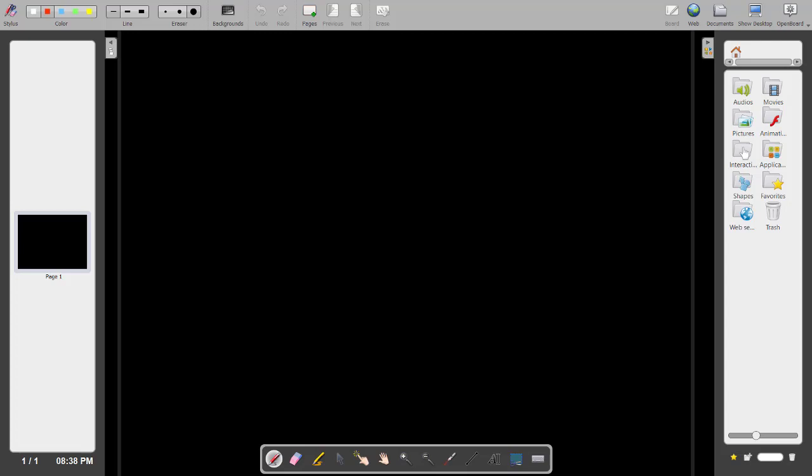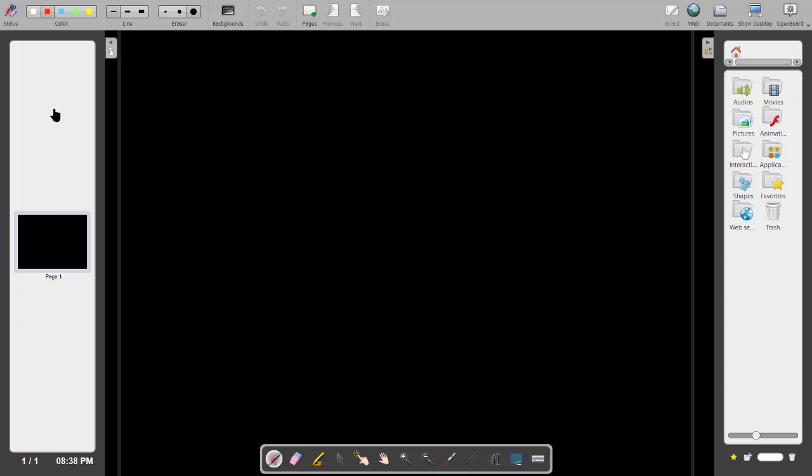This application window is divided into three. On the left side we can see all the pages which we are opening, like in a PowerPoint presentation or Google Slides, we can see the slides like that.